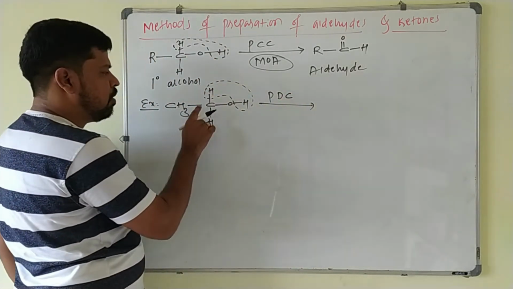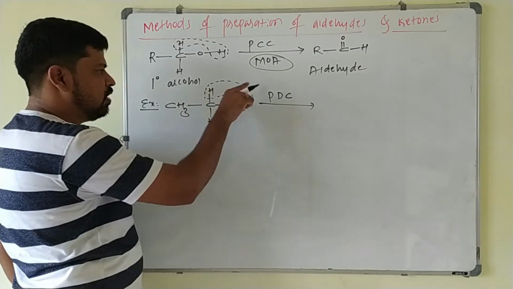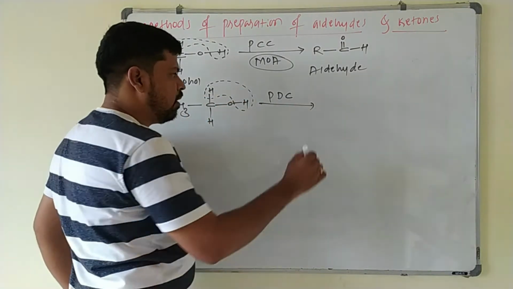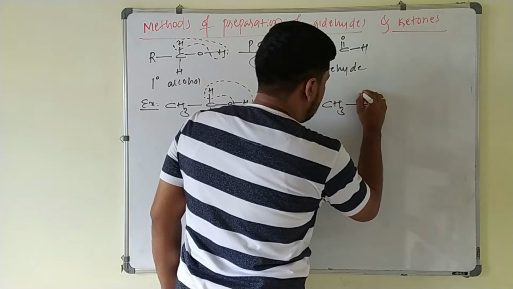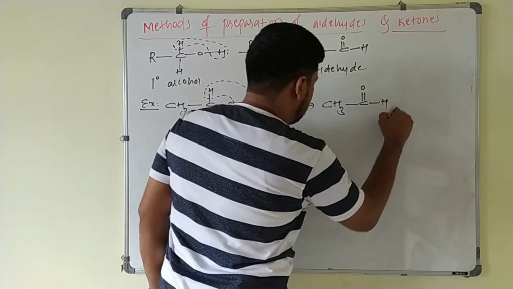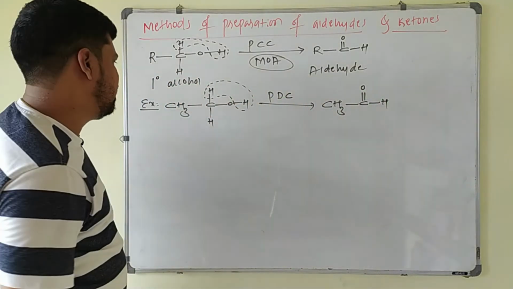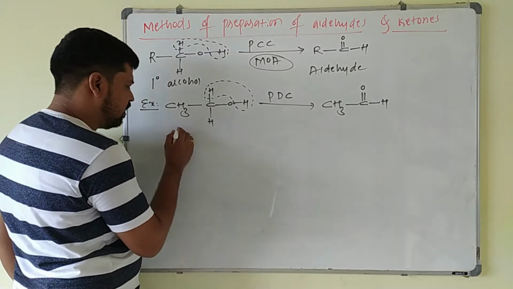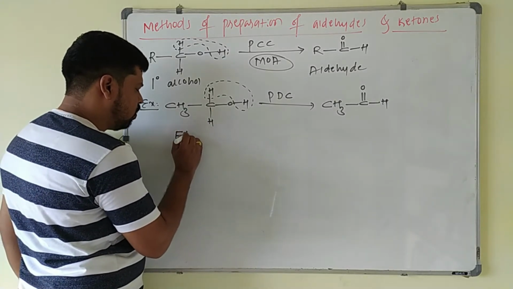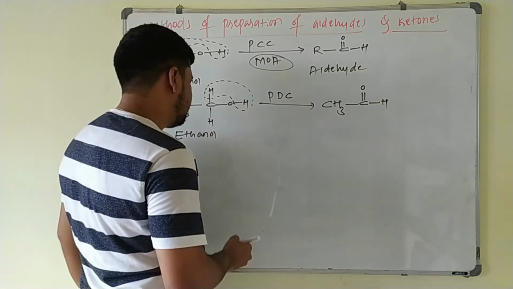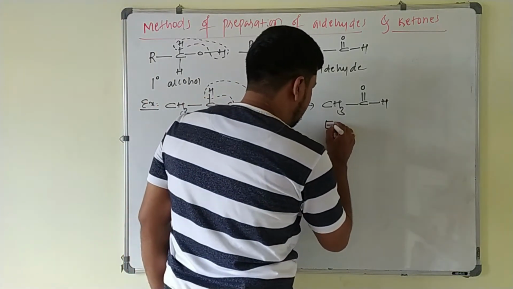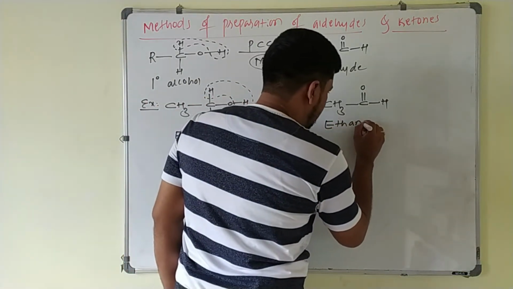Just you have to break the sigma bond of this carbon as well as oxygen. These two hydrogens are removed. Again you have to form a double bond. What will you get here? CH3, C double bond O, and this H is as it is. So this is ethanol, a 2 carbon alcohol. This ethanol on treating with a mild oxidizing agent will be converted into an aldehyde,